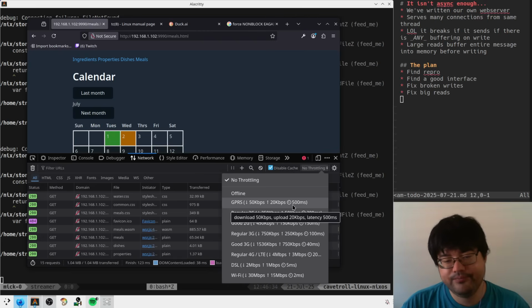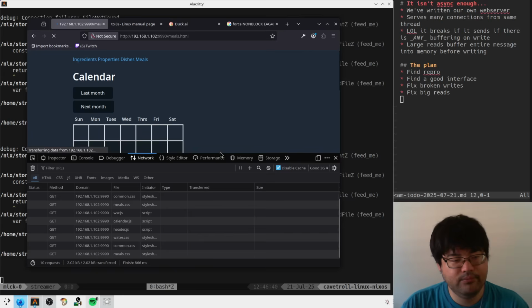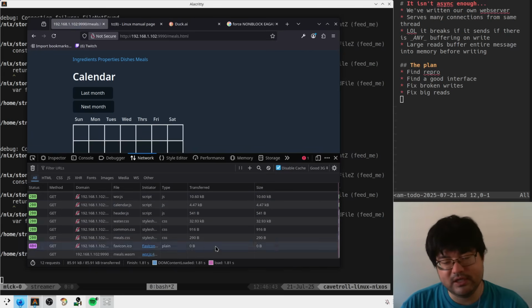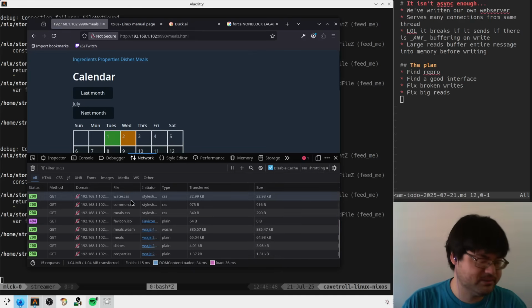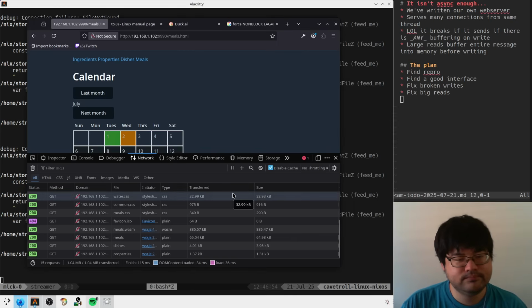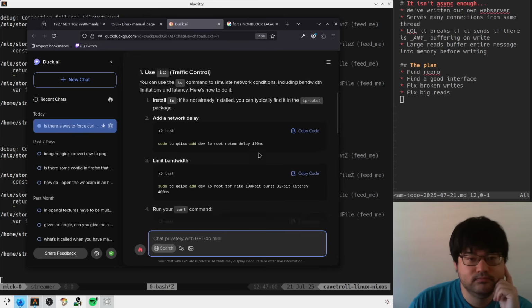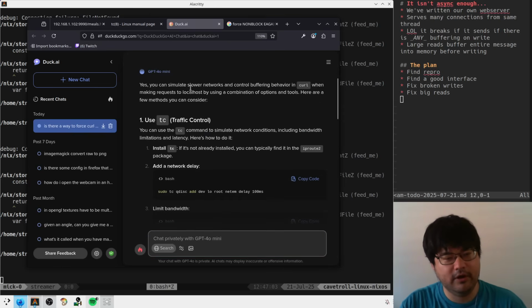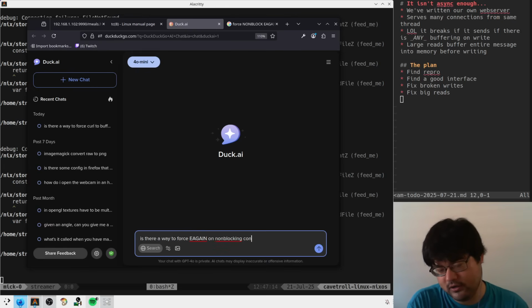Oh, what if I do this? I guess this is gonna have the same problem where the throttling still is happening in the browser, so everything's making it into the kernel still, which does not fix the problem. Okay, let's go back to what the idiot says. Now we understand that the problem is different. Slower is not good enough. Is there a way to force EAGAIN on non-blocking connections